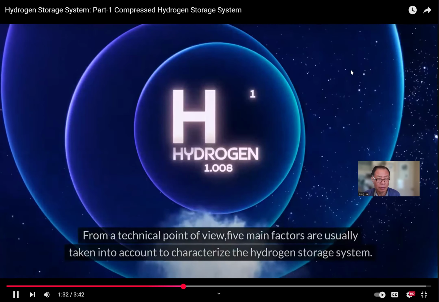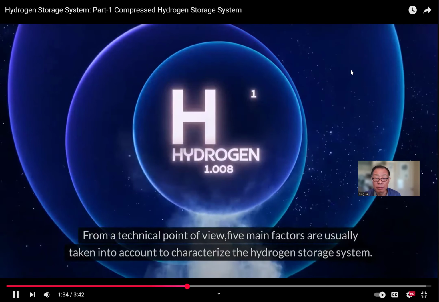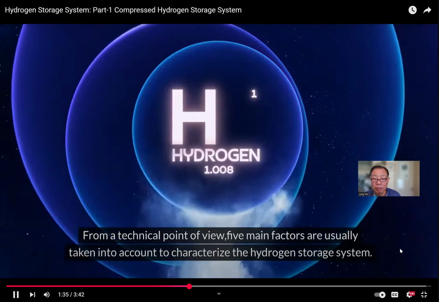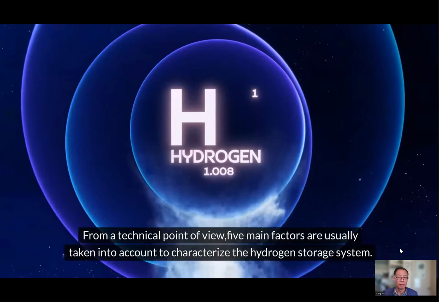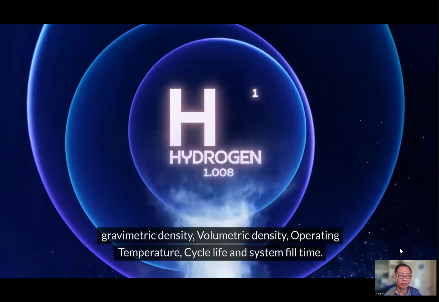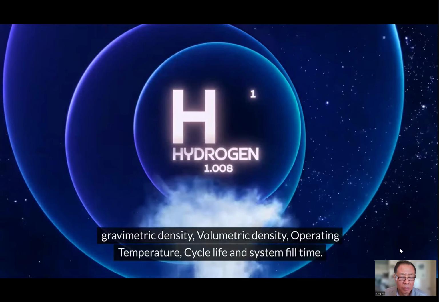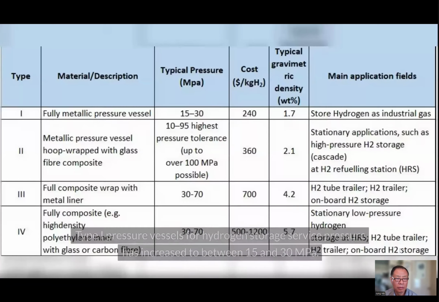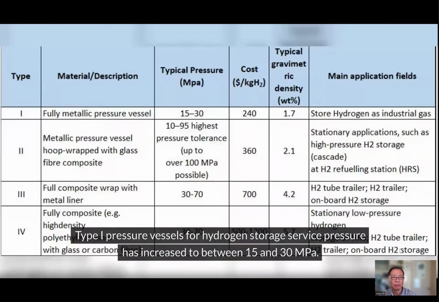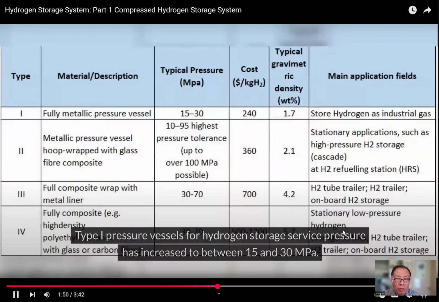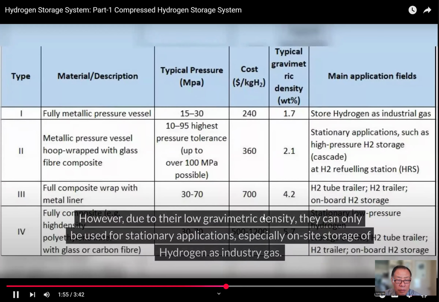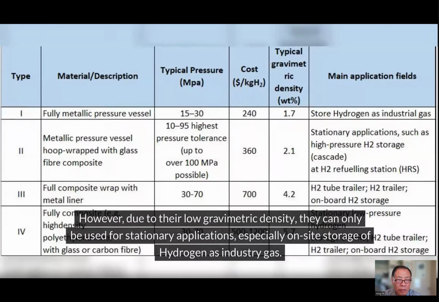From a technical point of view, 5 main factors are usually taken into account to characterize the hydrogen storage system: gravimetric density, volumetric density, operating temperature, cycle life, and system fill time. Type I pressure vessels for hydrogen storage service pressure is increased to between 15 and 30 megapascals. However, due to their low gravimetric density, they can only be used for stationary applications, especially on-site storage of hydrogen